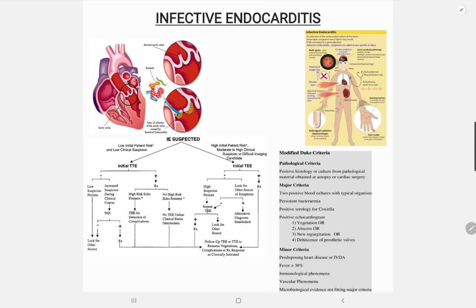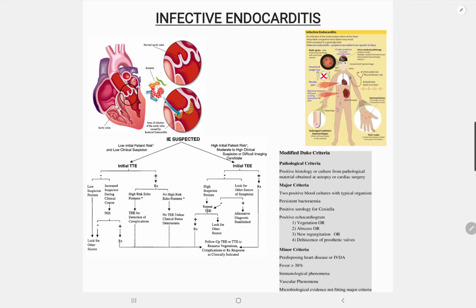If we suspect infective endocarditis, and there is a low initial patient risk and low clinical suspicion, we initiate by doing transthoracic echocardiography. And if it shows a negative result and low suspicion persists, we look for other sources. And if suspicion increases during the clinical course, we often go to transesophageal